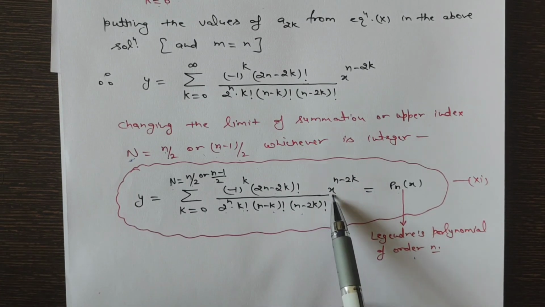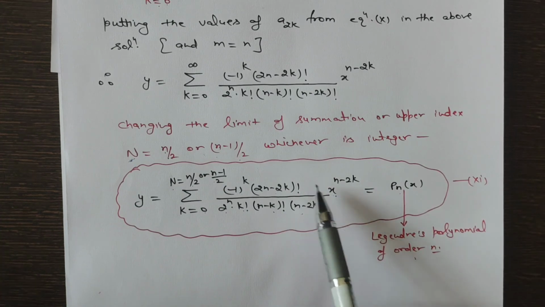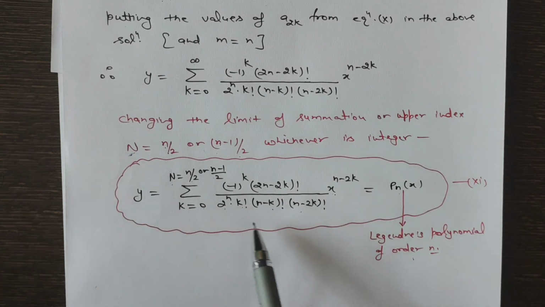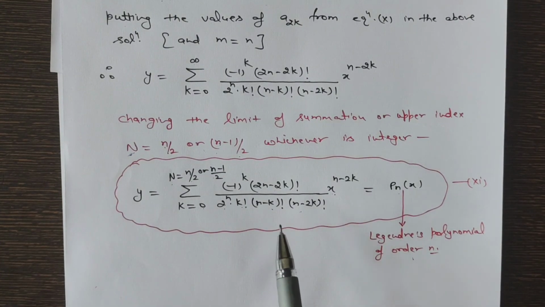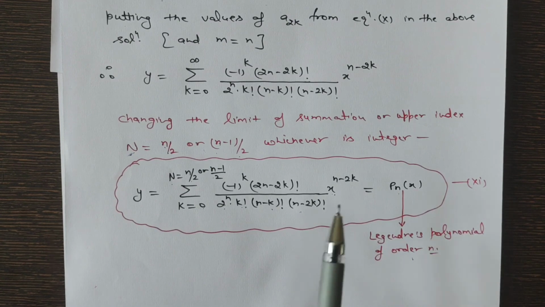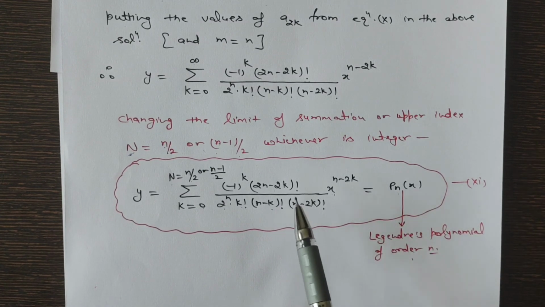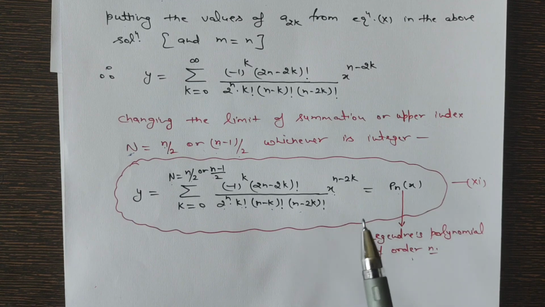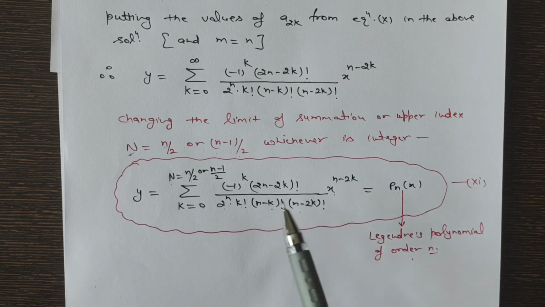And obviously we will have a polynomial from here. You can see the power is decreasing, so it will contain polynomial terms. It means that when the summation is expanded, it will contain a finite number of terms. That's why it is considered as Legendre's polynomial. So in this video we discussed the first solution corresponding to m equals n. In the next video we will discuss the second case corresponding to m equals minus of n plus 1, and we will see what the form of that particular solution is. Clear? So that's all for today. Thank you.